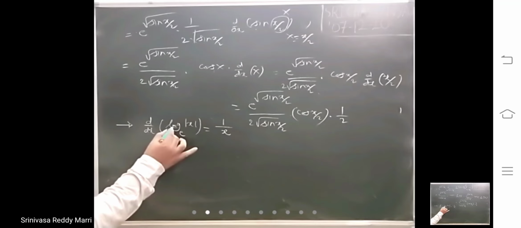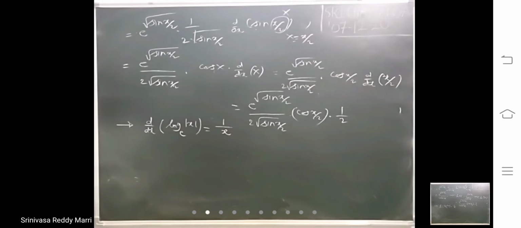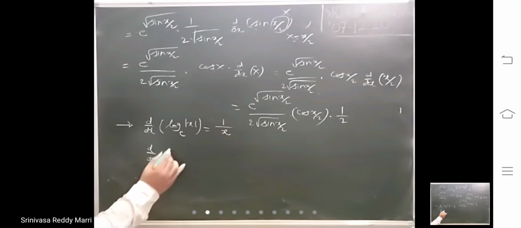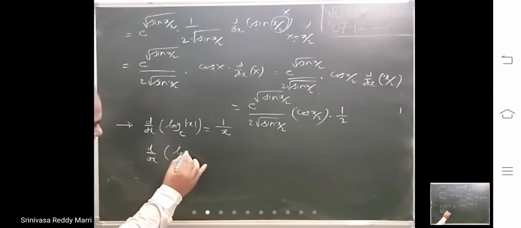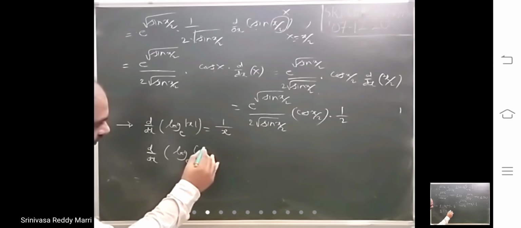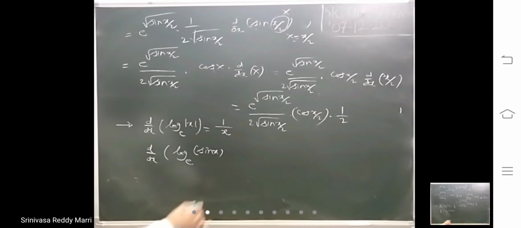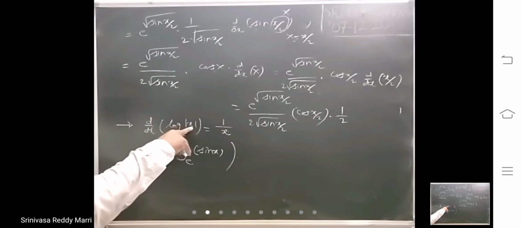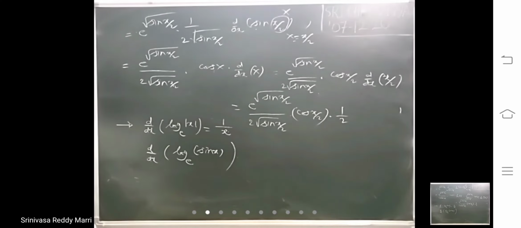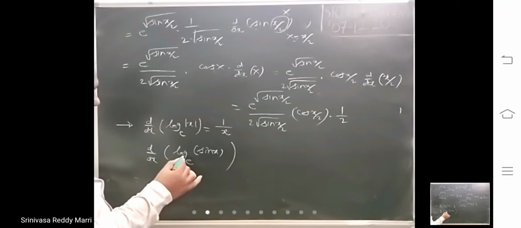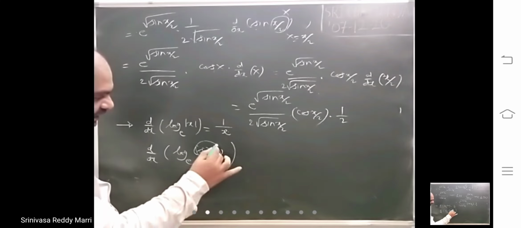So whenever log is there, whatever is inside, you take that as capital X. Suppose like this, d by dx of log, a simple example, log sin x. The basic rule we have is d by dx of log x. I have written modulus because x must be positive inside. That is why modulus has been written. So sin x is there. You know the log x formula. You will take this as capital X.